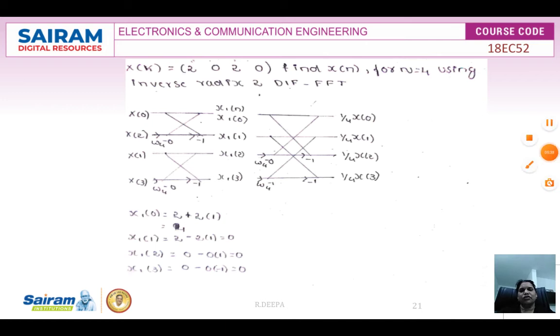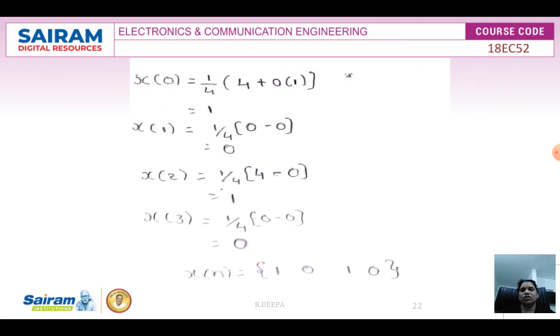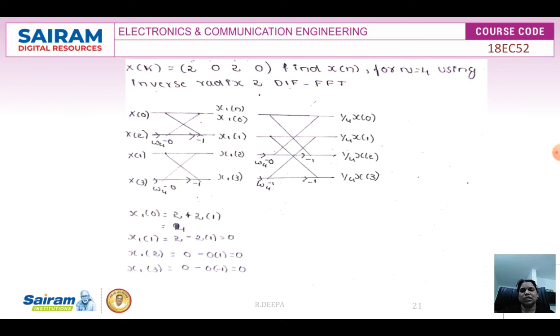So feed this input to the second stage, and the second stage consists of little bigger butterflies. Based on the butterfly computation equations, you can frame the equation as x of 0 as 1 by 4 of x1 of 0 plus x1 of 2, and x of 1 will be 1 by 4 of x1 of 1 plus x1 of 3 into W4 power of minus 1. In the same way, you can write the equation for x of 2 and x of 3. So we are getting the output as 1 0 1 0,